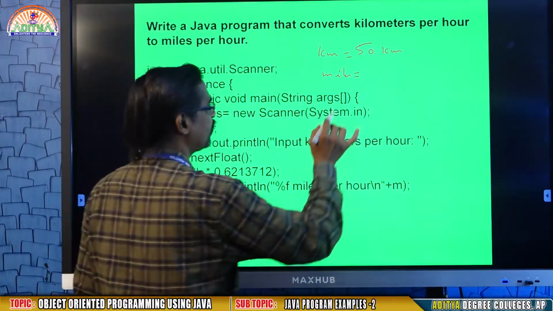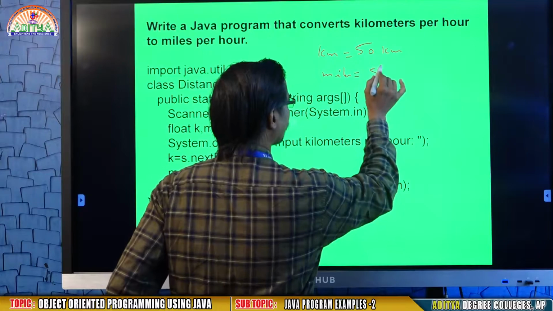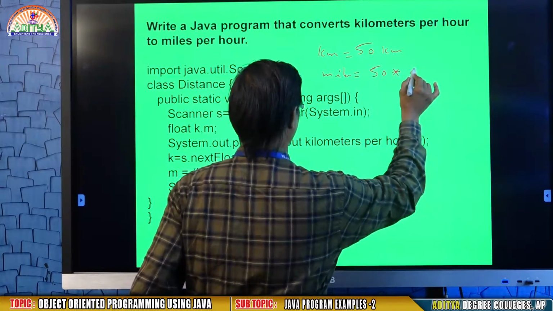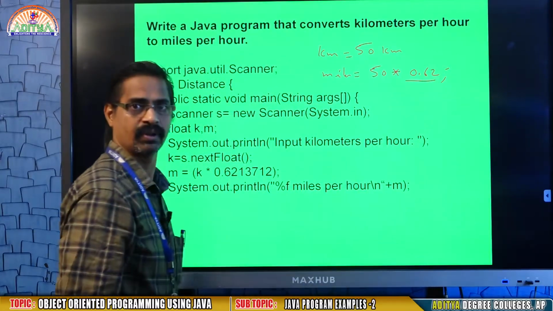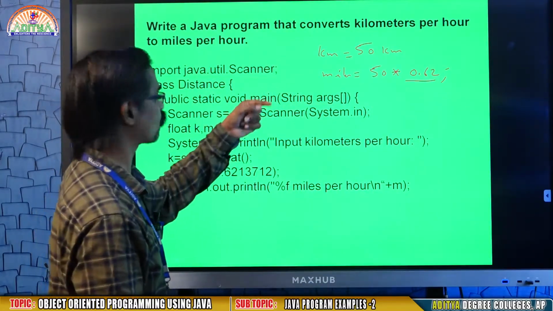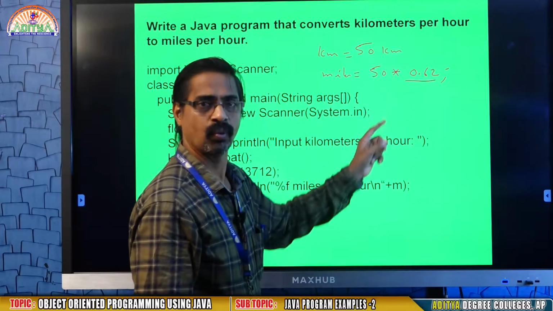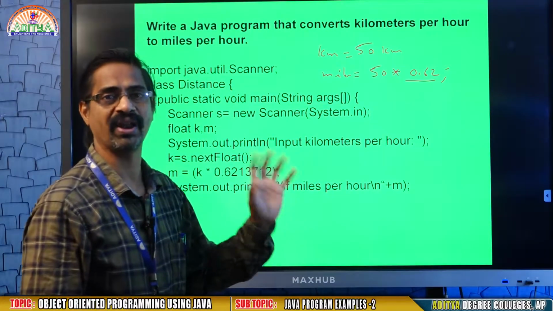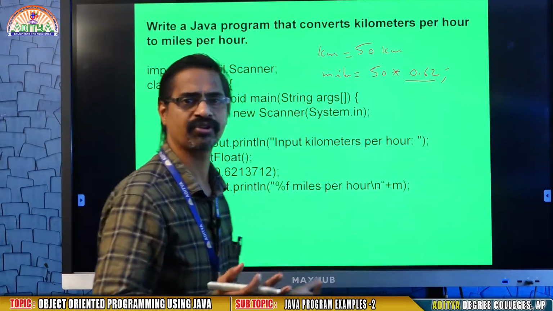To simply convert kilometers to miles, the only thing is total kilometers into 0.62. That's all. If you want to convert kilometers to miles, just multiply: 1 kilometer equals 0.62 miles. So total kilometers into 0.62.